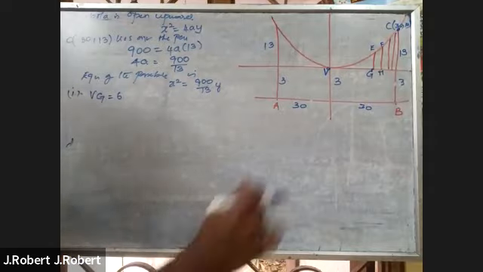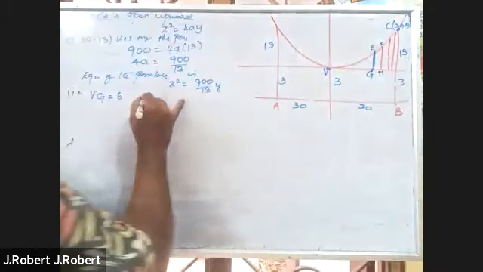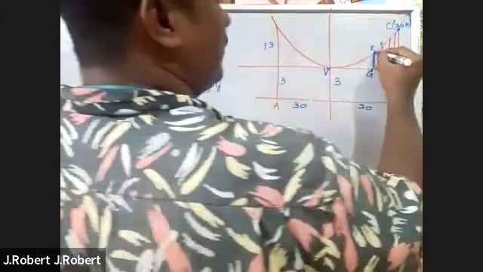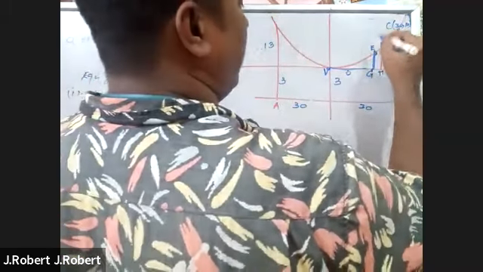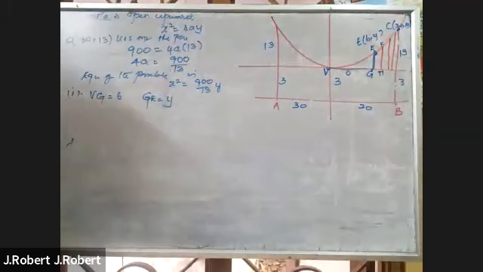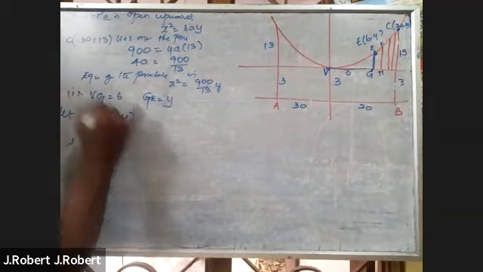அண்ட் இந்த GE இதனுடைய value எனக்கு தெரியாது. அதை நான் என்ன பண்றேன், I am just taking GE is equals to y. அப்போ இந்த point எப்படி இருக்கும், இங்க இருந்து இது வரைக்கும் 6, இங்க இருந்து இது வரைக்கும் y. அப்போ I can write the E point as 6, y. அப்போ let E of 6, y